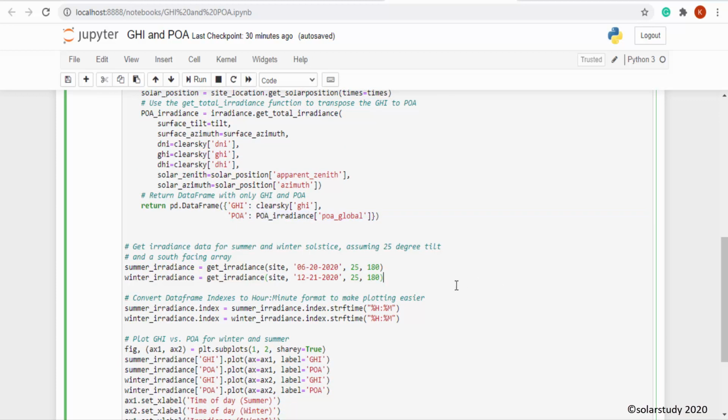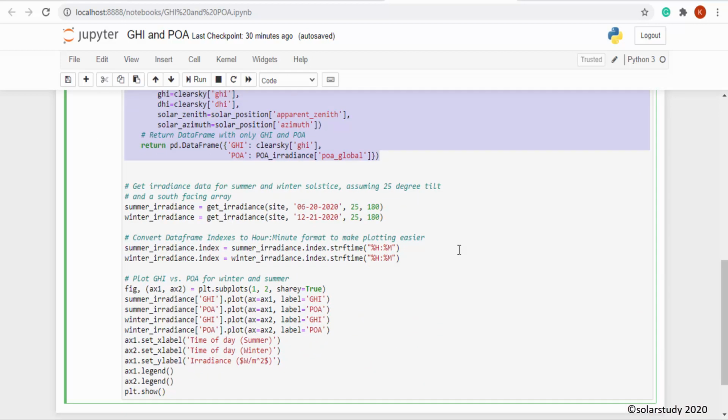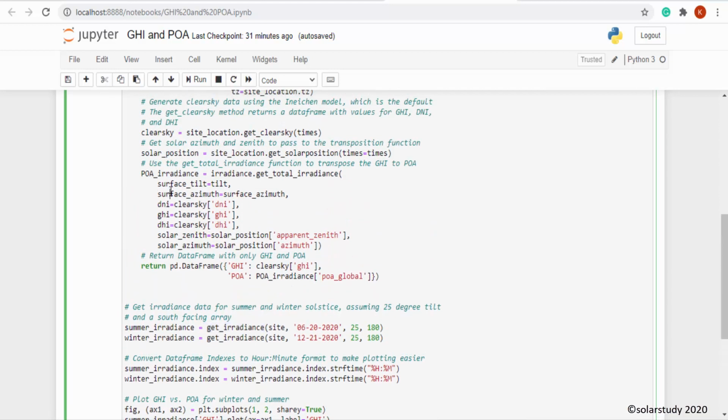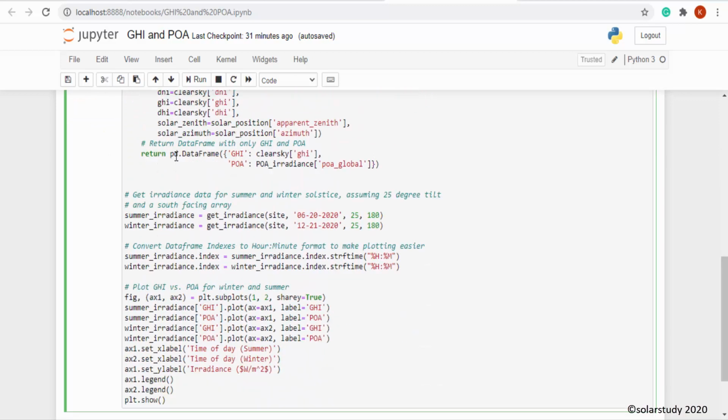Okay, so now we have defined all these things. Now what I have to do, I have to plot a solar irradiation, nothing but plane of array irradiance POA and global horizontal irradiation during summer time and winter time. So summer irradiation I have to define and winter irradiance. What I have to get, irradiance? From where? That we have to define here from the site. What is the site location? Here already we have defined this location. Okay, so I will call that one.